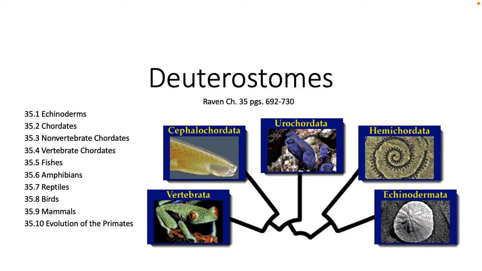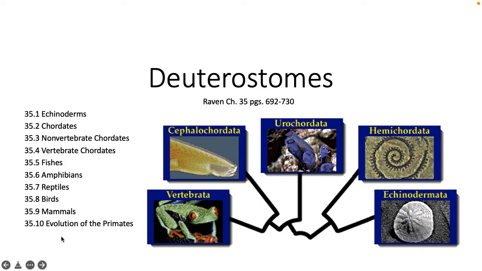So we're done with protostomes, where the mouth forms first. Now we're moving on to deuterostomes, where the mouth forms second and the butt forms first. And there are only 2 phyla that are considered deuterostomes, and that is the Echinoderms and then your chordates. So the Echinoderms are going to be covered in the first section, and then the rest of it is all